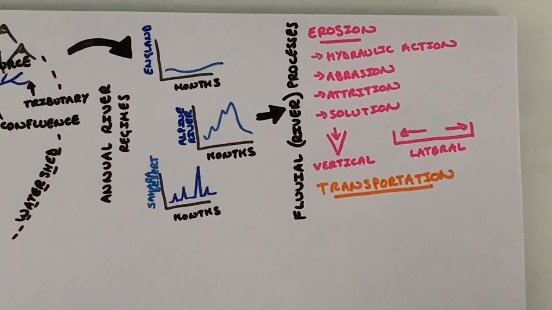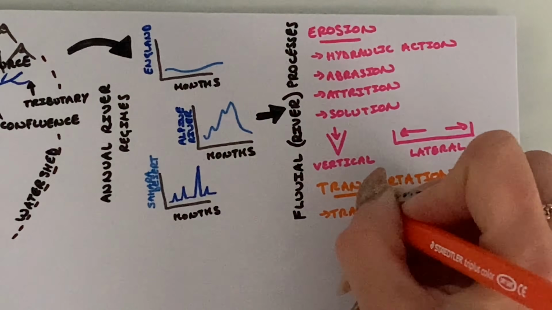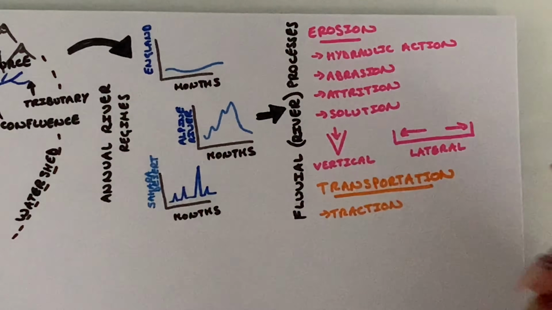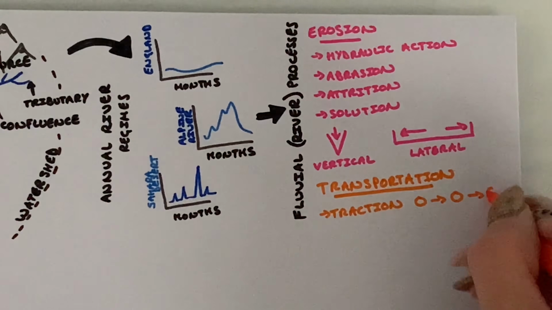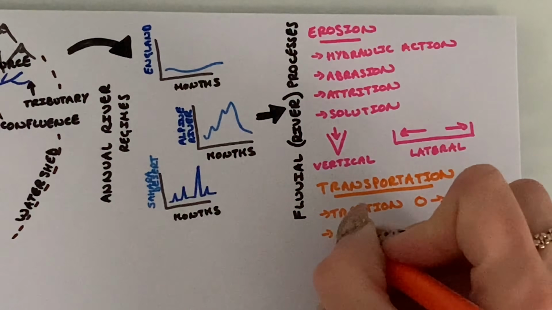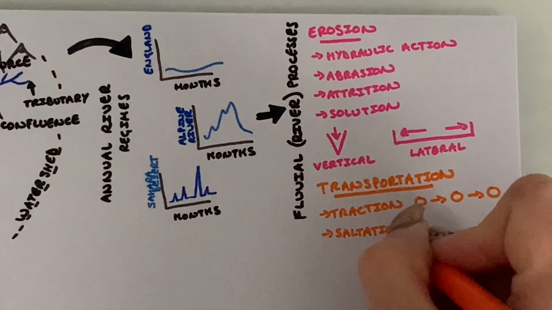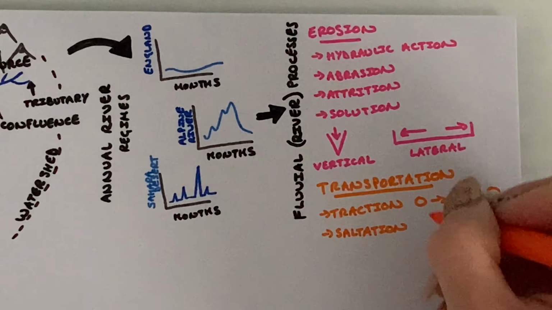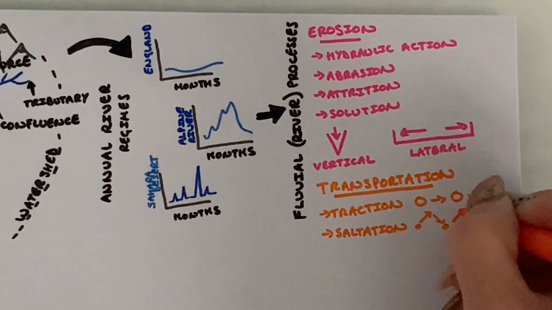So now if we concern ourselves with transportation. Transportation meaning the movement of sediment from one place to another. And there are four main types of transportation. These are traction, concerning large boulders and sediment being pushed along the riverbed. We've got saltation, where smaller particles like pebbles bounce along the riverbed up, down, and are carried further along the